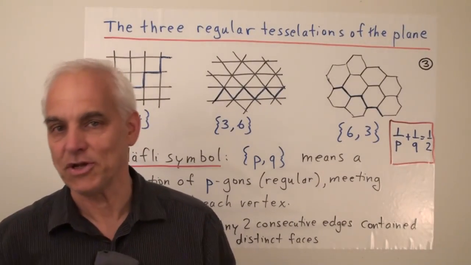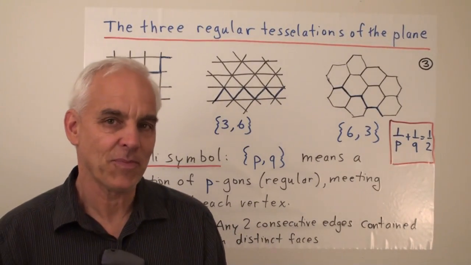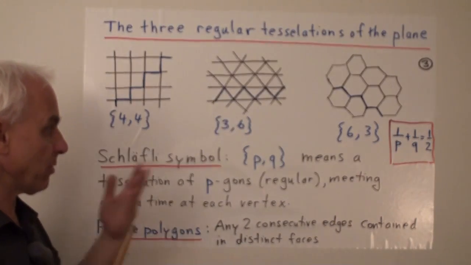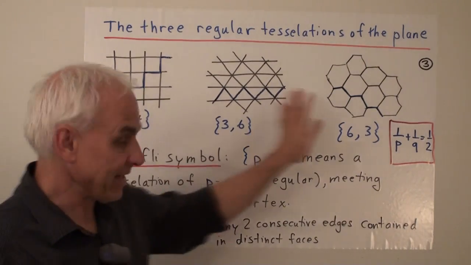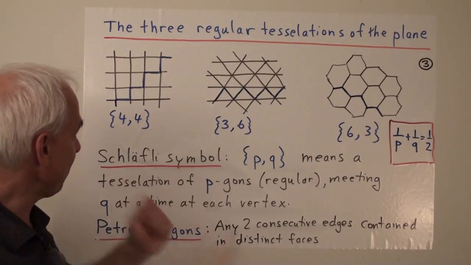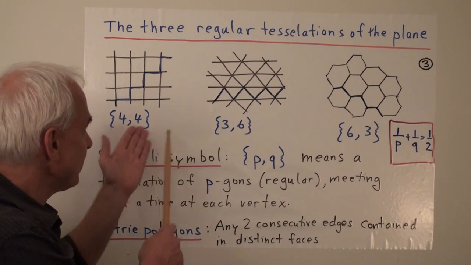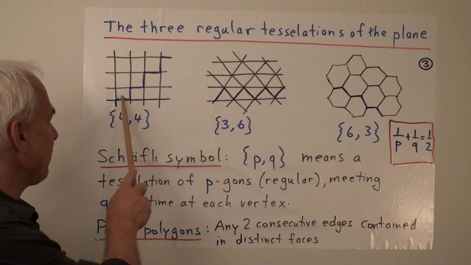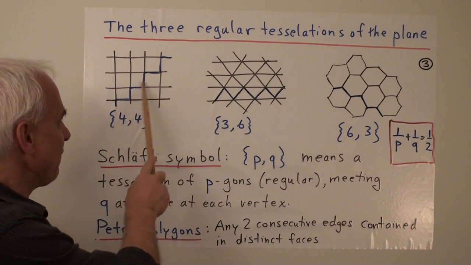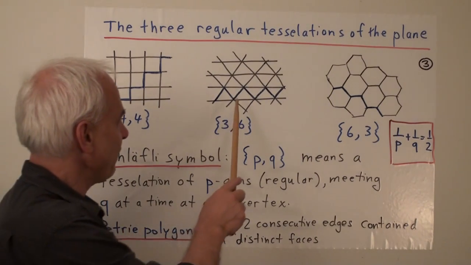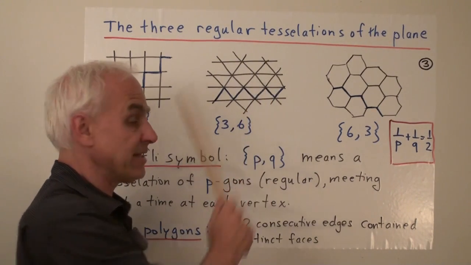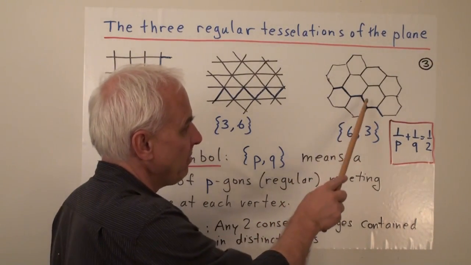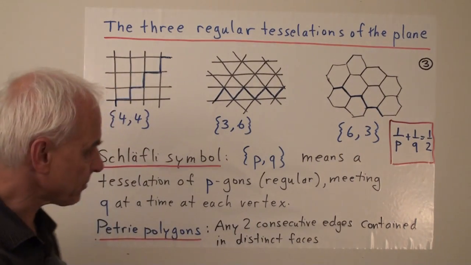The regular tessellations of the sphere, determined by the Platonic solids, belong to a wider family of tessellations. In particular, we can ask the more elementary question of what are the tessellations of the plane? And the tessellations of the plane are very simple and famous patterns. There is the pattern of squares, meeting 4 at a time at a vertex. There's the pattern of equilateral triangles, meeting 6 at a time at a vertex. And there's the pattern of regular hexagons, meeting 3 at a time at a vertex.